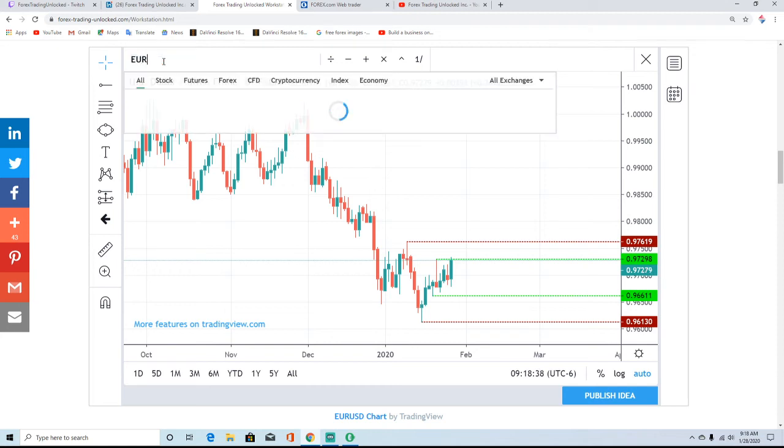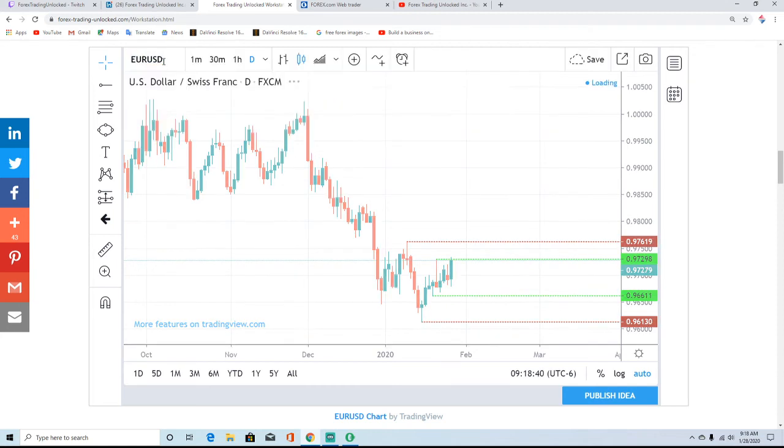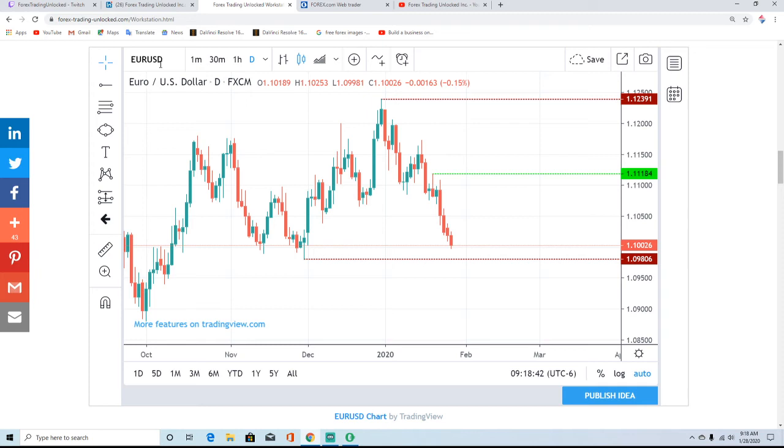And now we're going to look at the Euro US dollar, which for sure is one that helps to balance our long dollar Swiss. As long as the Euro US dollar continues to pressure lows, the odds are very good that the US dollar Swiss is also going to continue to rally. This market has not made a newer swing low yet, but it is looking at this. Now this is a big deal.